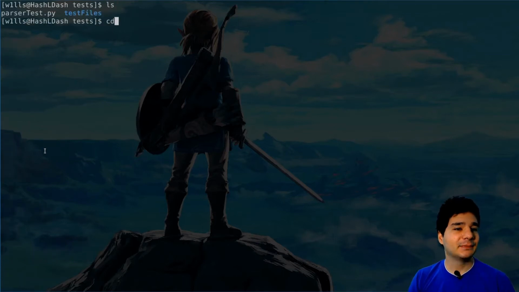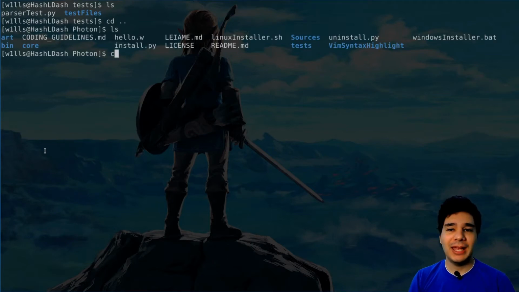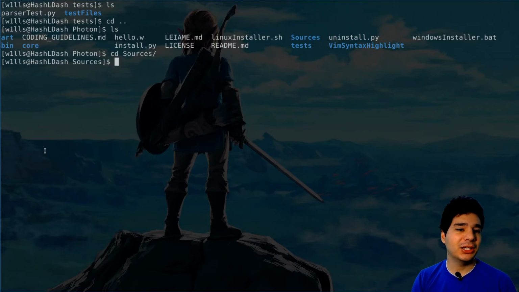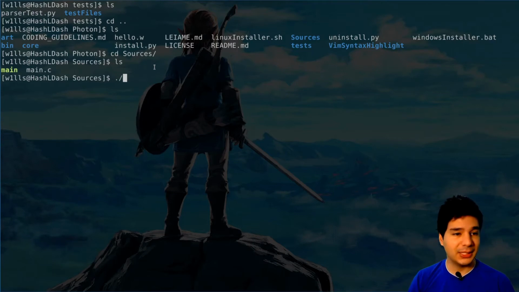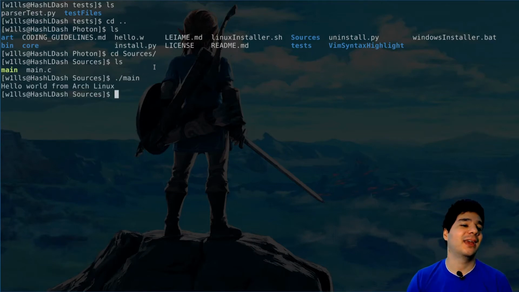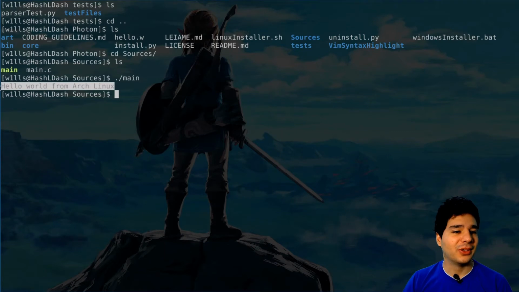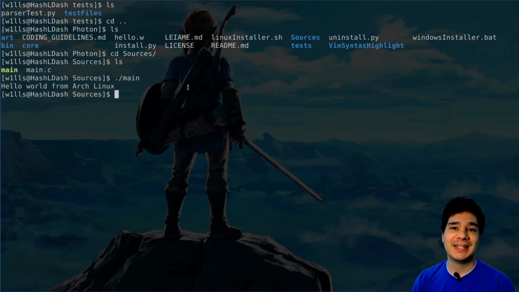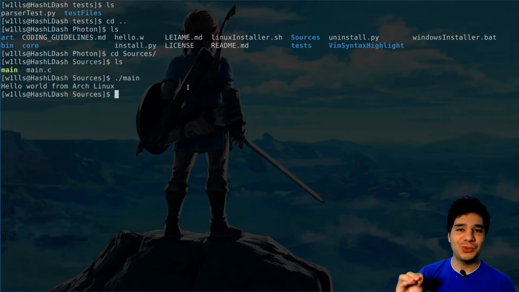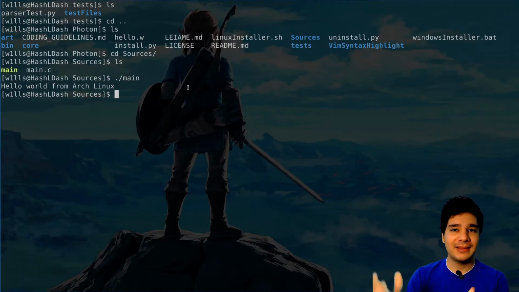Great. And well, we executed the hello.w, and here if we go on sources, we have the main executable. So we can run that instead, and it will run our program. Right? Well, neat, right? So I hope you can see, you can test now if you are on Arch Linux